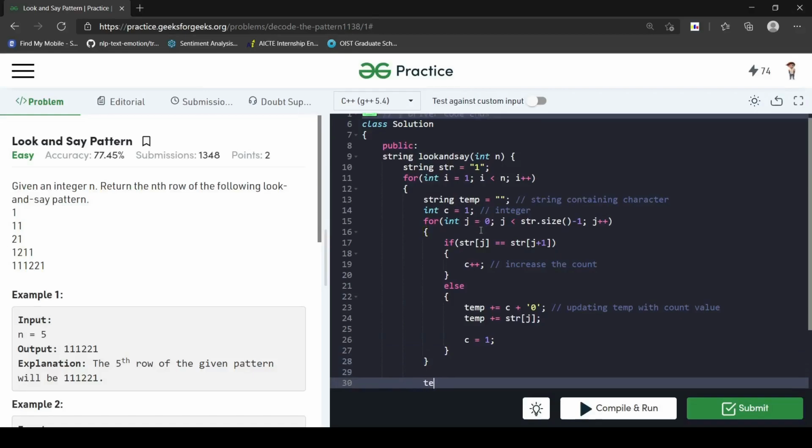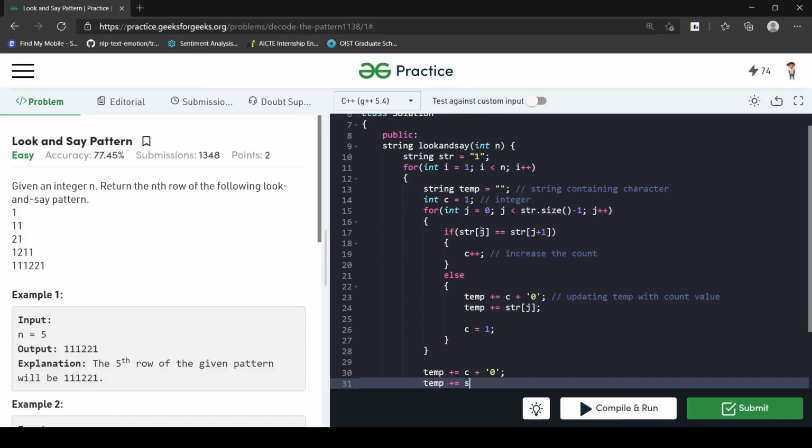And as soon as the j loop is over, we update the value again for the last term, temp plus equal to str dot back. So str dot back is basically returning the last element of the string, because it is not being calculated over here since the loop goes to str dot size minus 1. Why str dot size minus 1? Because otherwise the index would be out of bounds.